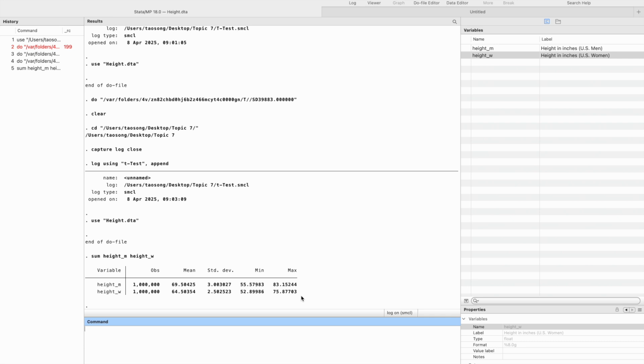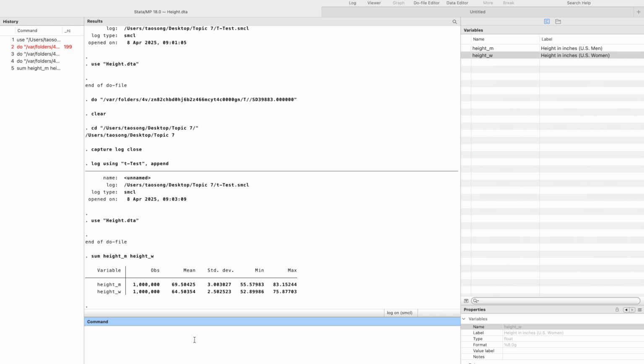75.88 inches. Given that this is our sample, my research question is: are men taller than women in the population? Remember, currently we have the sample, we don't have the population, but we're going to make some extrapolation about the population given our sample. I want to test whether in the population, men's average height is higher than 64.504, which is the average women's height in our sample. I just want to know whether men are taller than women. That's probably the easiest question that we can ask,